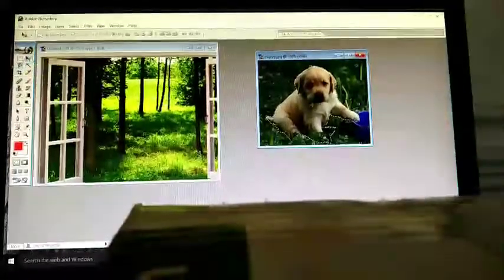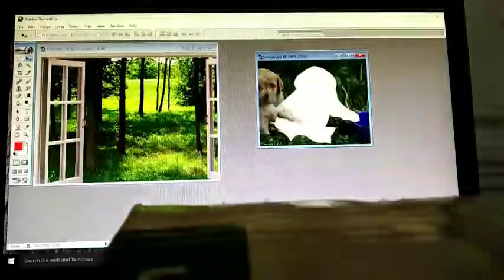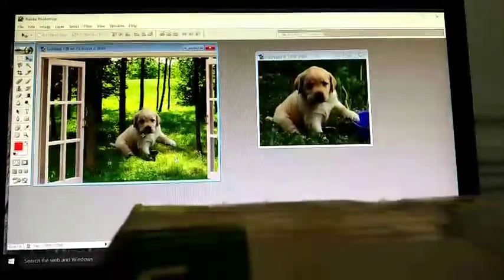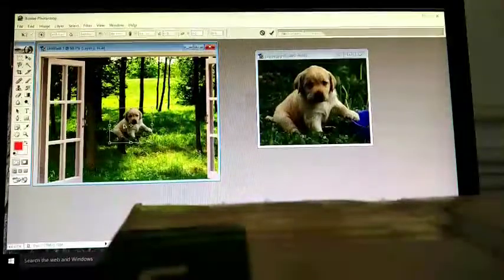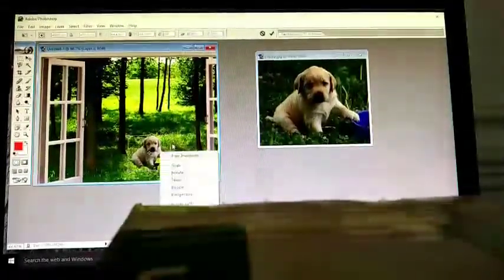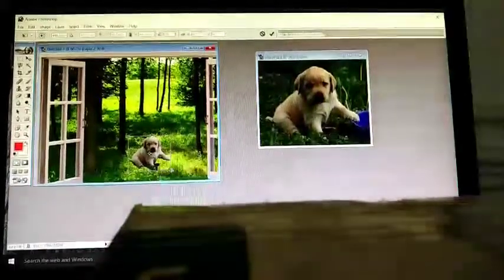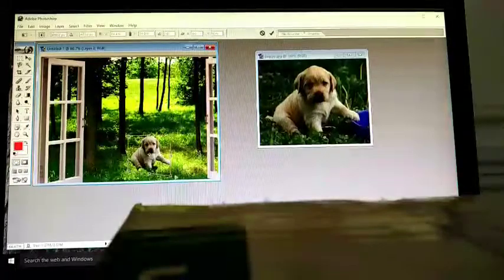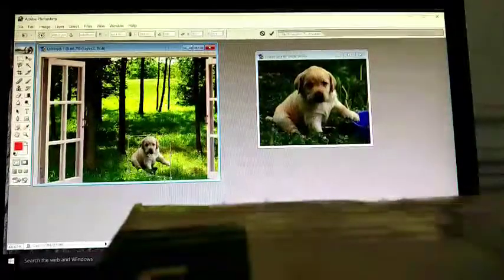Now you can use the move tool and bring the image to this area. You can increase or decrease its size as necessary. You can skew it if you want. Skewing means tilting it like this.